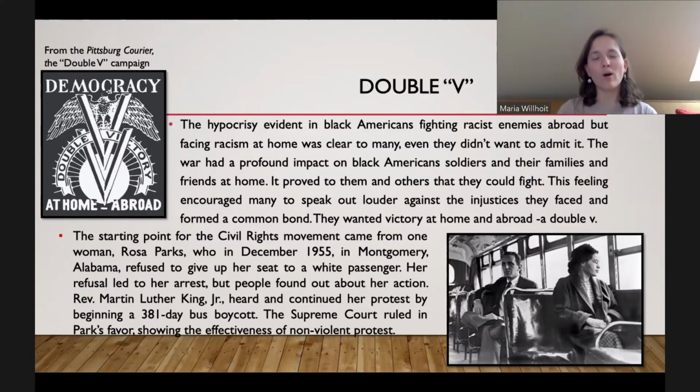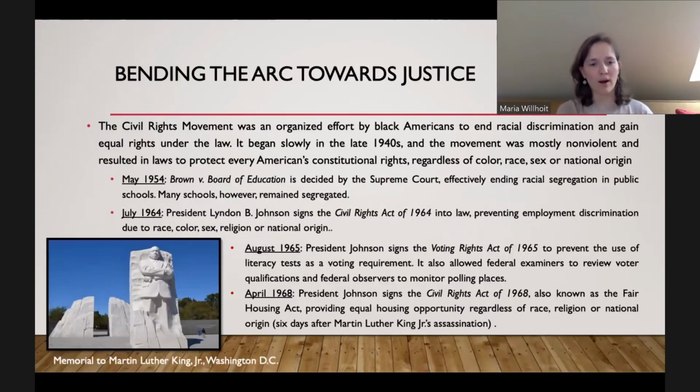So the Supreme Court also starts to change during this time period. And this is pivotal because she wins her case. And it shows to many people out there, especially Black Americans, hey, this whole protest, this whole nonviolence, it works. It changes things. So many say she's the catalyst for the civil rights movement. She's the one who really starts to move it forward. People were fighting before the civil rights movement for Black equality, but this is where it really starts to go up.